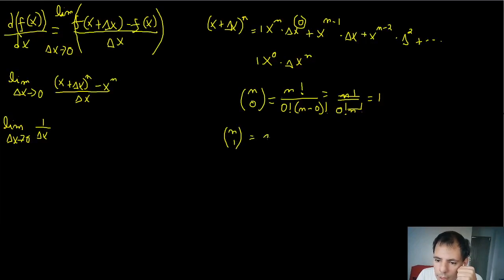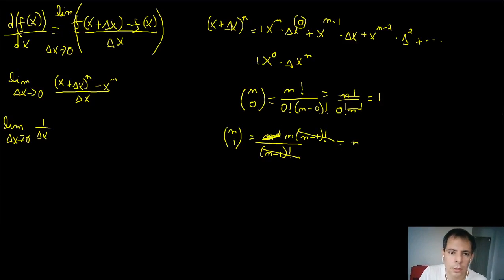Okay, so this is going to be n factorial divided by 1 factorial, which is just 1, divided by n minus 1 factorial. Now, what can you do with this n in here? You can just cut this out and transform this into n times n minus 1 factorial. These two factorials cancel out, and you're just left with n, right? So I'm going to redo this thing here